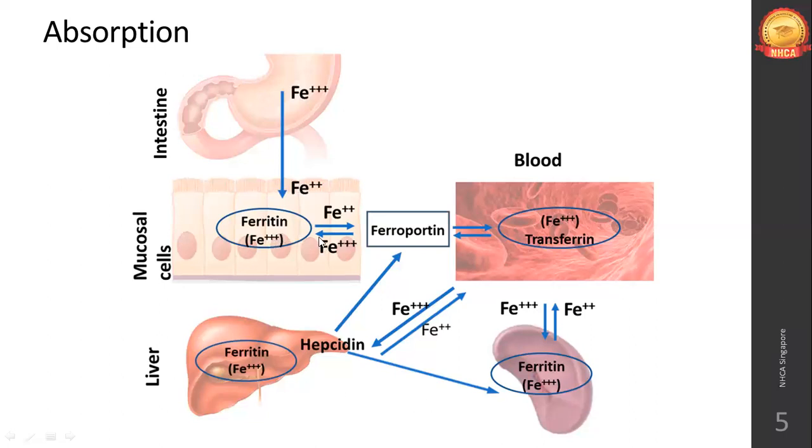So iron as it is cannot be deposited in the soft tissues. Iron requires ferritin or hemosiderin. You can see in your intestine you have ferritin. In the liver they have shown a ferritin molecule. Even in the spleen they have shown the ferritin molecule. So only within this ferritin molecule can iron be stored. It cannot be deposited directly on the cells or on the soft tissues. Iron has certain mechanisms in which it has to be stored